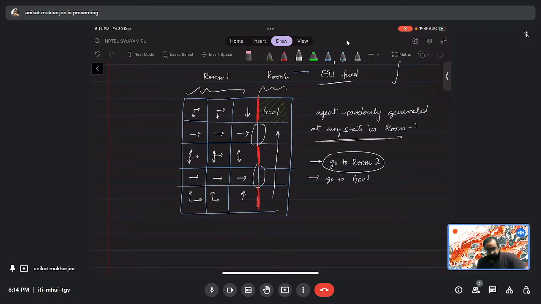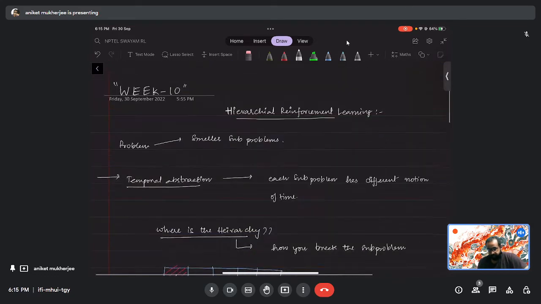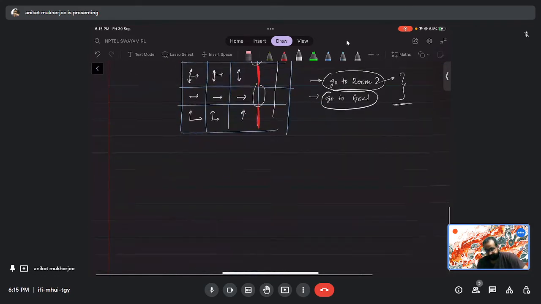So now, as you can see, we'll come to it later whether solving for the optimal policy for both the sub problems gives you an optimal solution in the whole problem, or whether you are stuck with some suboptimal solution when you divide your whole problem into sub problems. We'll come back to that. But first, let me give some uses of